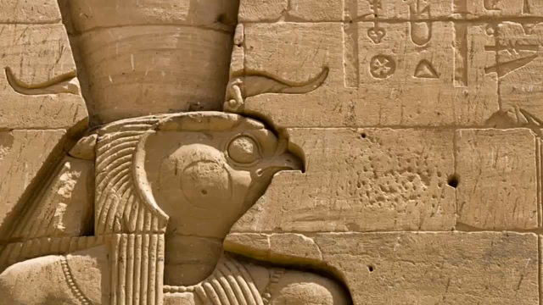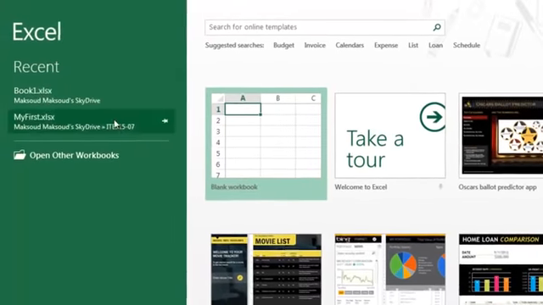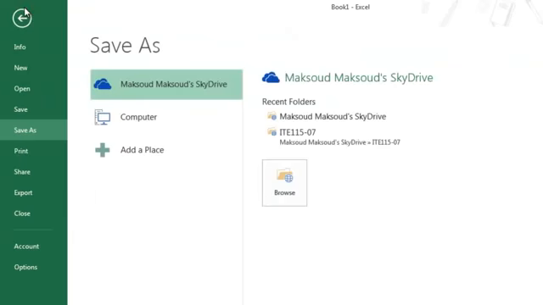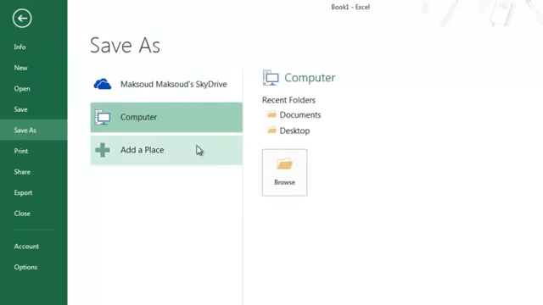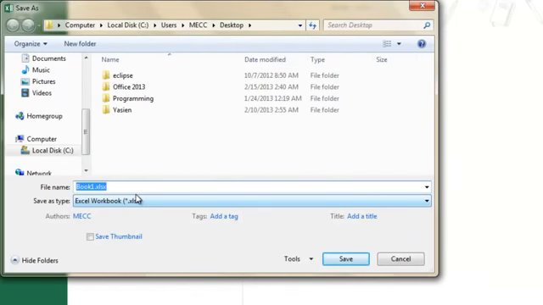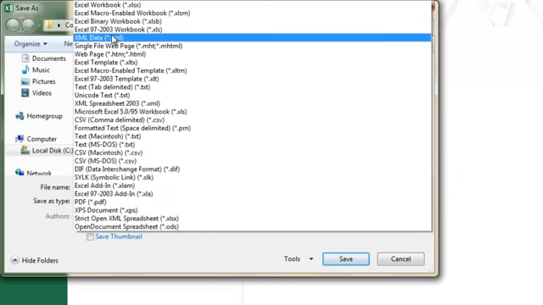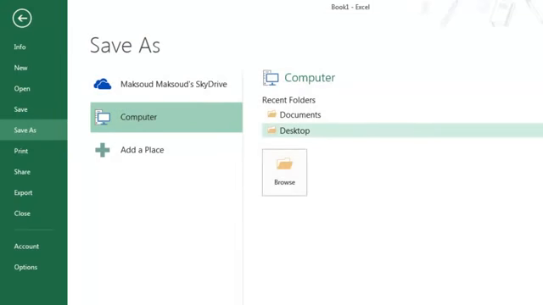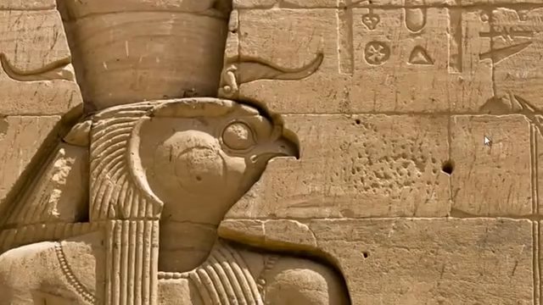PPTX. So if I go to Excel, and then open a blank document and then try to save it. By the way, you can save it by clicking on this icon here. And then on my computer, on the desktop, look at the file extension XLSX, Excel, right? You can also change the file type. Cancel. Cancel. So now we know what is a file extension, we know how to save, we know how to navigate,